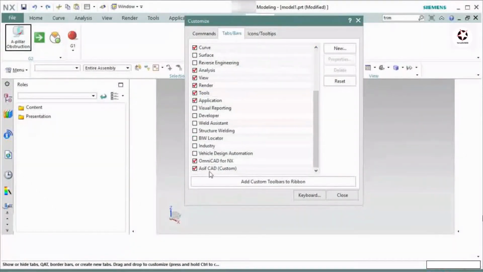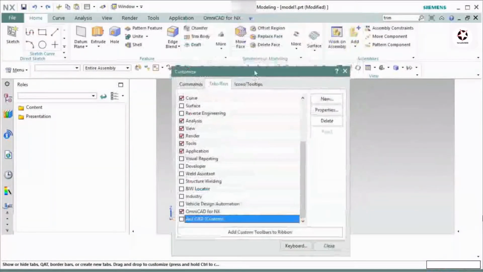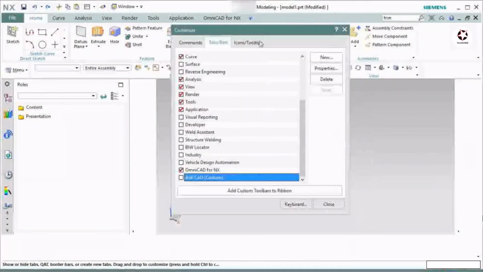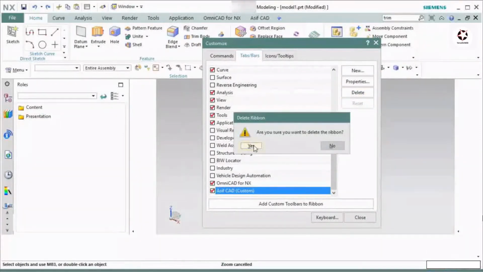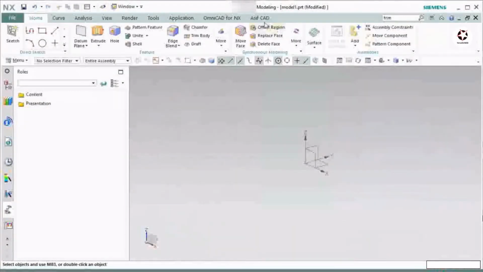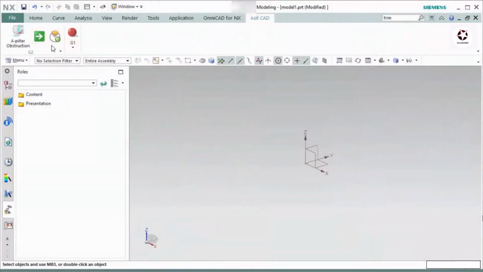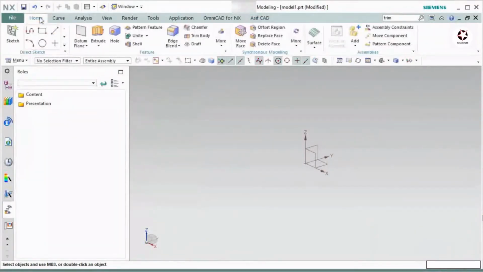This is that new tab I can see here. If I uncheck it, I will not see it here. If I want to delete this tab, I have to select this tab, then delete, and if I press yes, it will delete. So this is how you have to create your new tab, also group, and also you can put any tool inside the group.